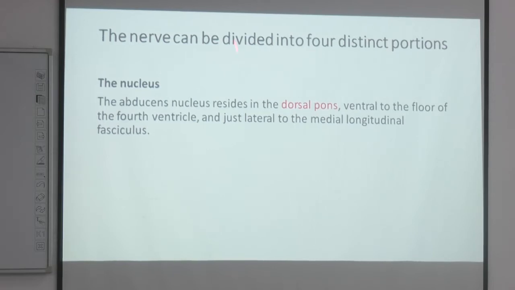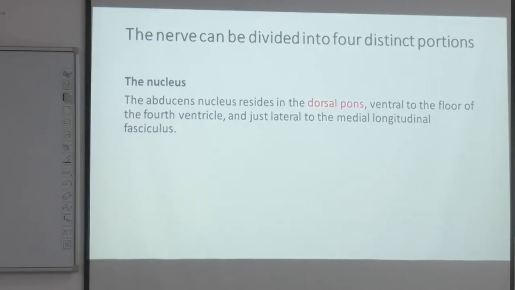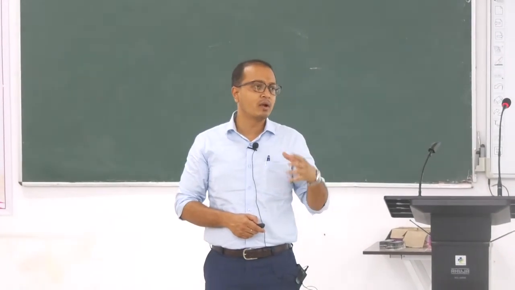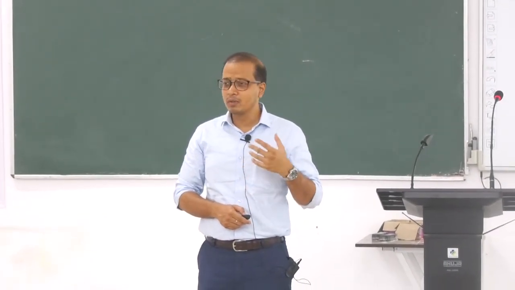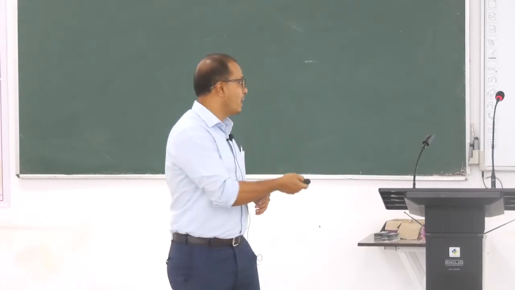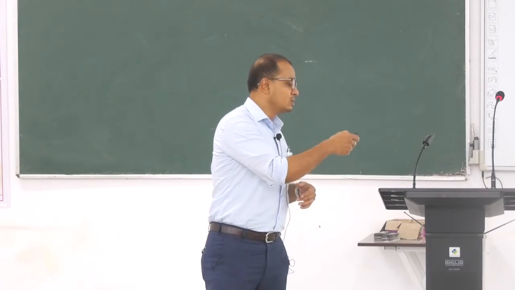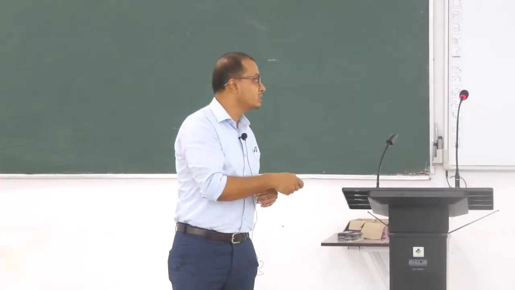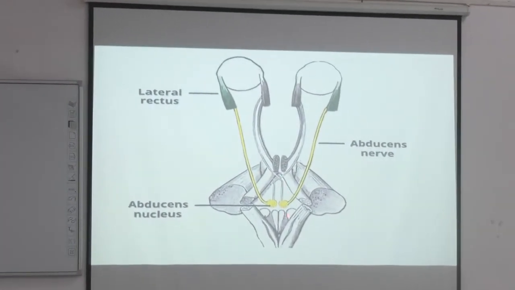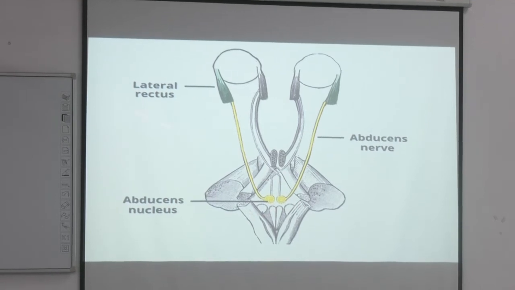So this sixth cranial nerve has a nucleus lying in the pons, the dorsal part of the pons. This nucleus is placed in an area near the fourth ventricle of the brain. I do not know whether you have gone through the fourth ventricle system of the brain or not. We have a space in the brain which looks like a rhomboid shaped area, a little projected region in the brainstem near the cerebellum. That rhomboid shaped region we call a ventricle of the brain. This is known as the fourth ventricle.